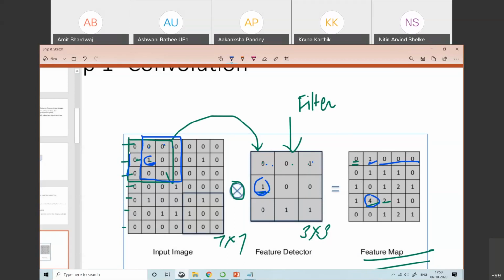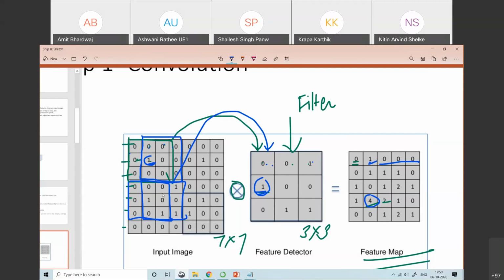This is your second, the third one, and this is the fourth one. I'm using this block.